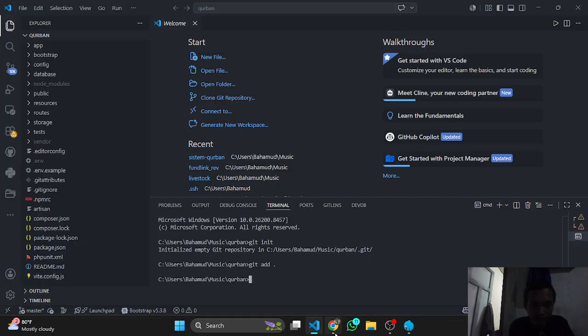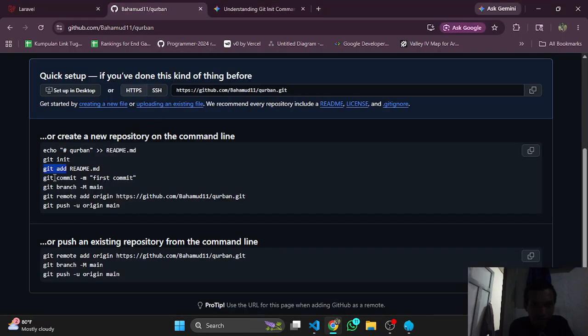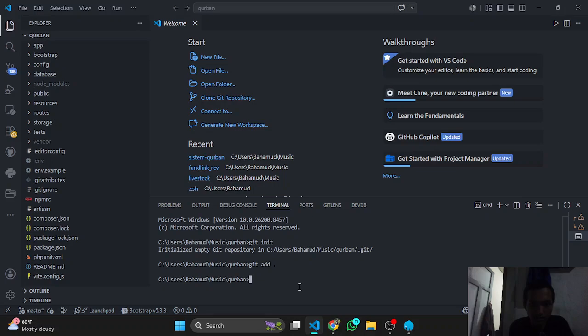Okay, the next step is git commit, first commit. In this commit, you basically prepare your website and code for upload to GitHub, and this message is the comment for the upload. Let's copy and paste it into the terminal.